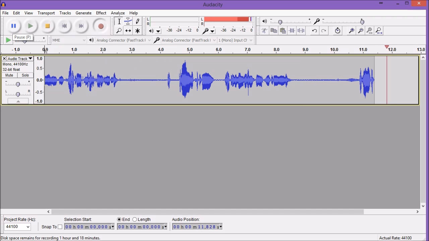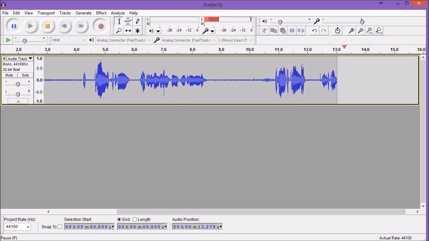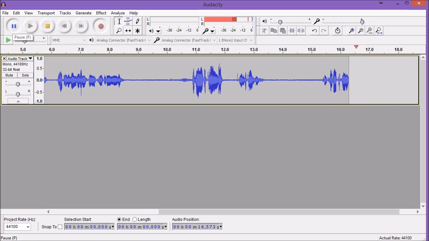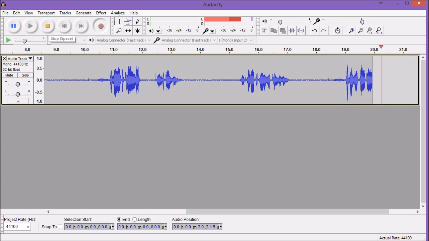If you need to pause, use the pause button, and you can see it will stop recording. To resume recording, hit the pause button again. So to stop recording, hit pause. To start recording again, hit pause again. If you hit stop instead of pause,